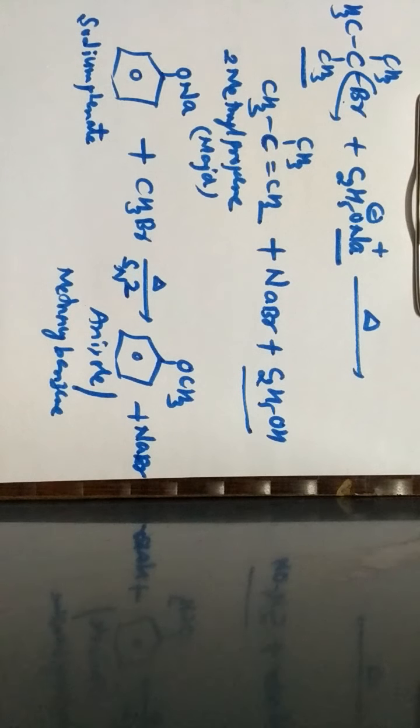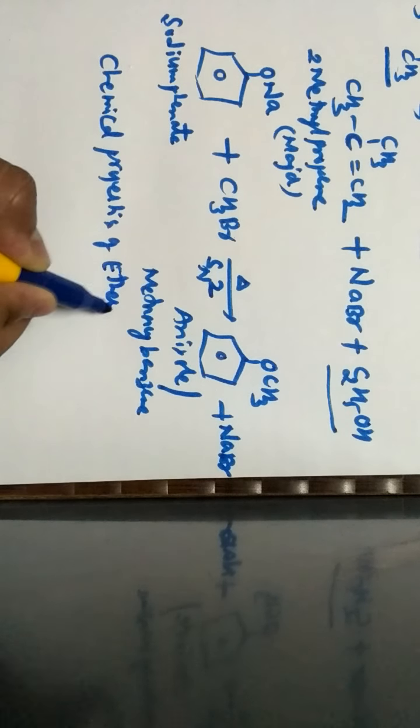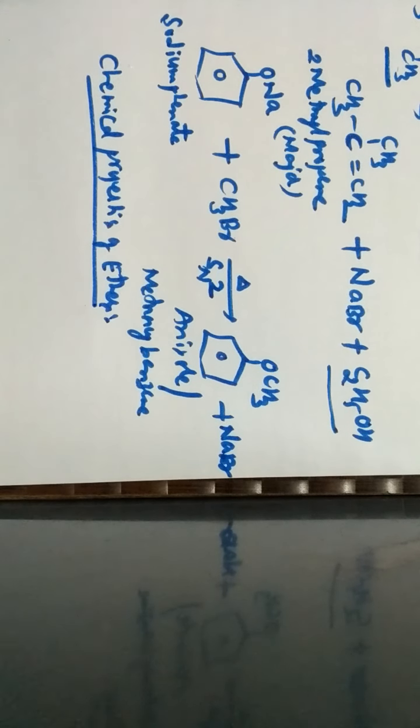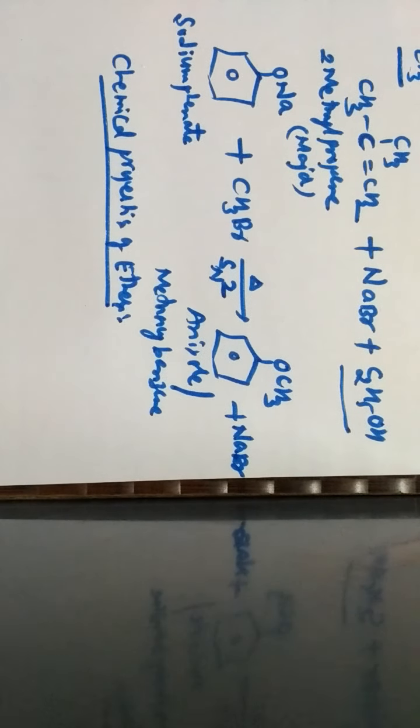So these are the different reactions by which we can analyze how Williamson's ether synthesis takes place. After studying all this, let us discuss certain chemical properties with reference to ethers. So let us discuss the heading chemical properties of ethers. When we discuss the chemical properties of ethers, we should know that ethers